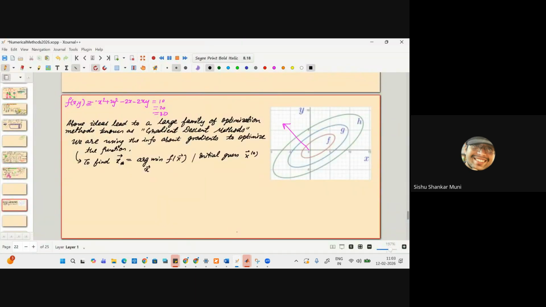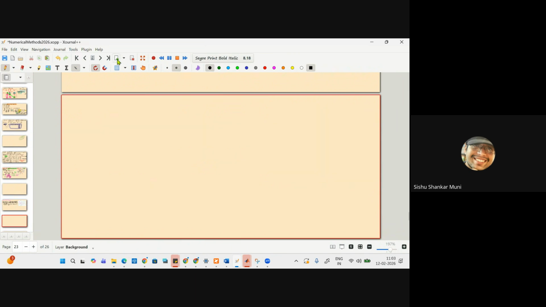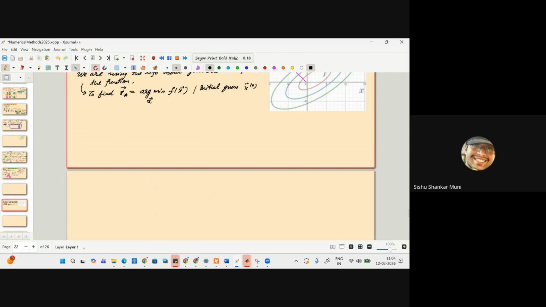Fine. So how do we do this? I will remind you about Newton's method. What was in Newton's method? We start from an initial guess and go to the next point. But how will we go to the next point? We will go to the next point depending on the